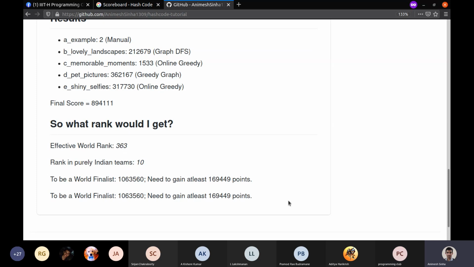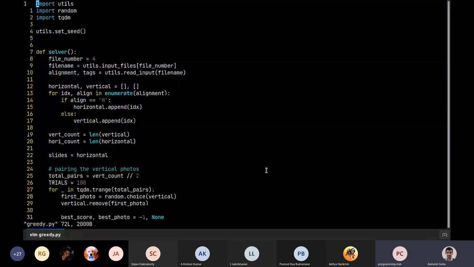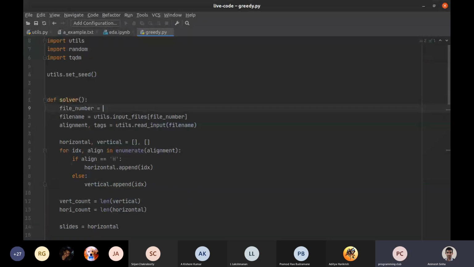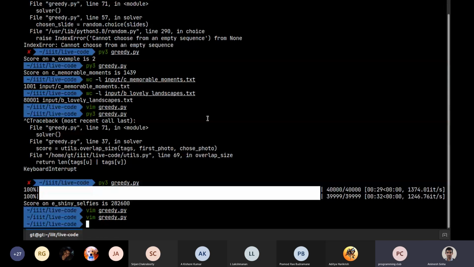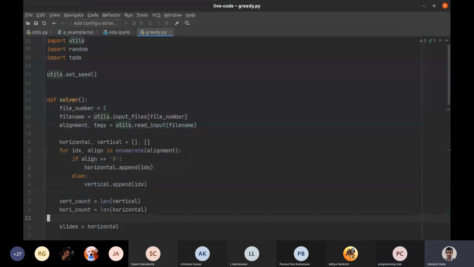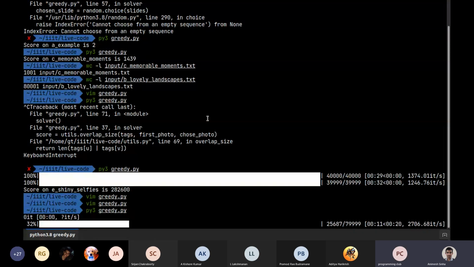You will note that if you run this Golang for B, it is almost completely trash. Just reduce the number of trials, that's okay. We have tried to run this up to 1,000 trials for B, and this does not work. Our score on B is 200,000 plus, and the score that this got was somewhere near 1,500. I hope the same happens right now, but let's see. No, the same will happen.